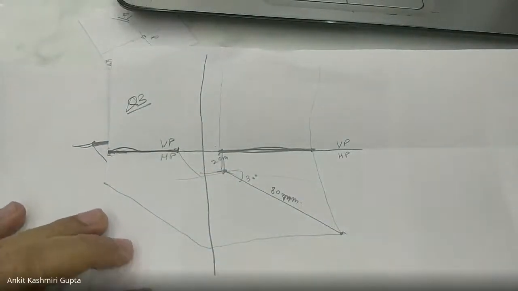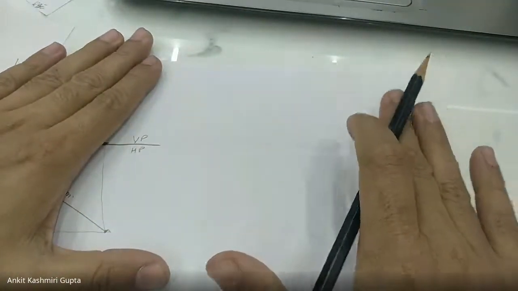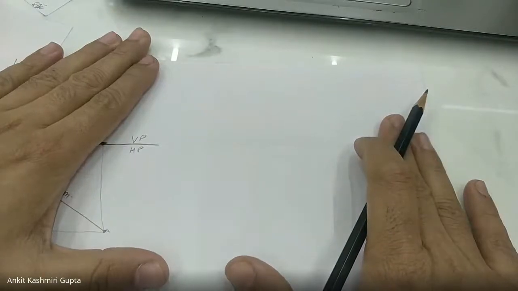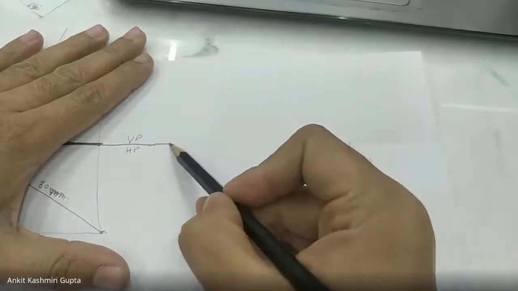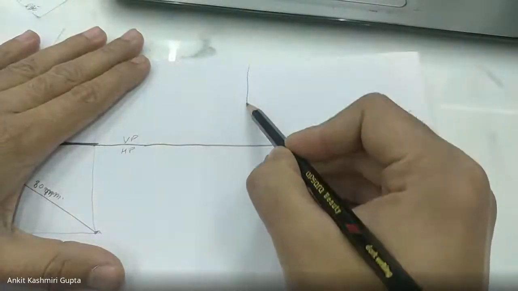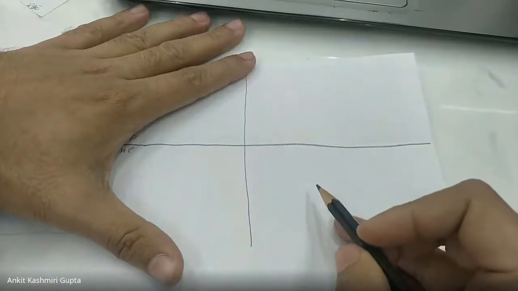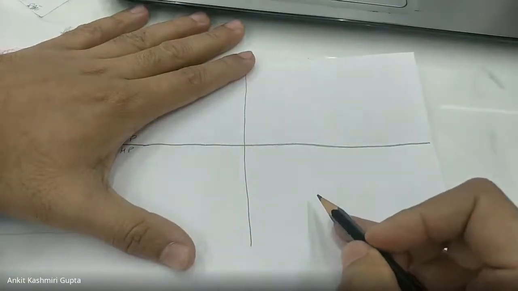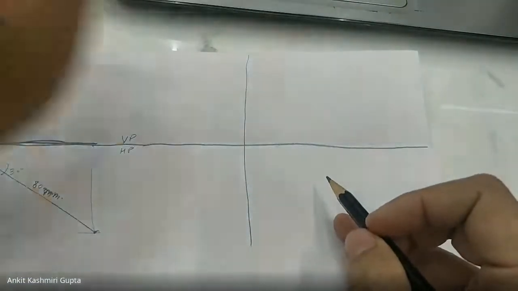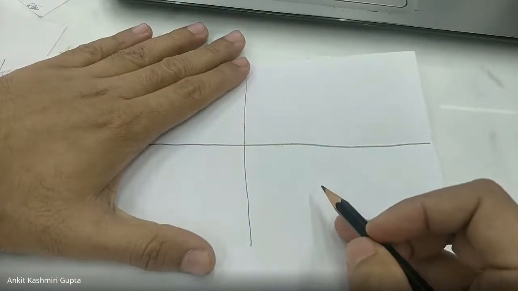Okay. Moving on to question number 4, which is a little tricky. Now it says that it is a hexagonal plane of side 30 mm. So I'll increase my projection line. I'm just drawing it. A 30 mm side has a corner on ground. Its surface is inclined at 30 degrees to HP.